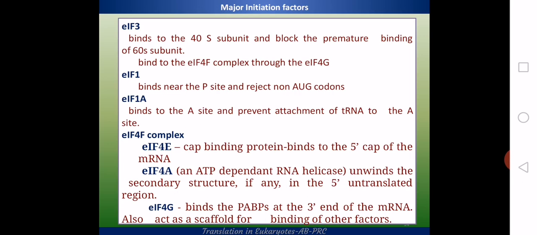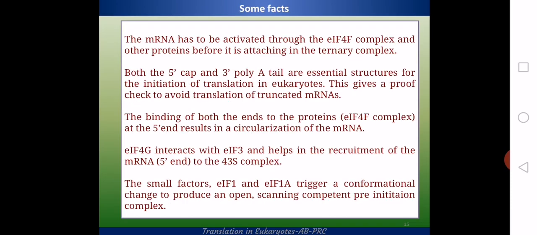So you can see that the 4F complex attaches both the ends of the mRNA to form a circle. That means 4E binds at the 5' cap, 4G binds at the 3' end, right? And the 4A together with 4B usually unwinds any secondary structures formed. So you will get a circular structure. Okay. So binding of both the ends to the protein creates this circle, and